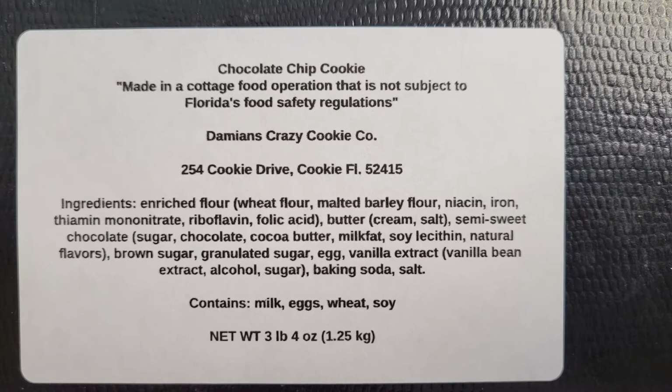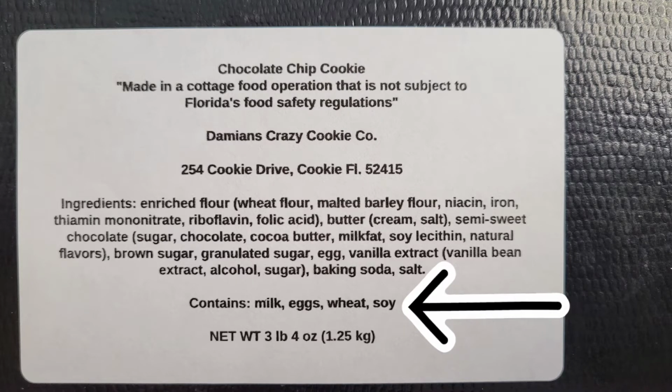Number one, allergens. So yes, you need to make sure that you have your allergens. There are 6 major food allergens that are applicable for cottage food law. So specifically milk, eggs, peanuts, tree nuts, wheat, and soy. So you must actually have any of these that are present listed on the actual label itself. So be sure that you've got these allergens located on the label, and you can see them right there